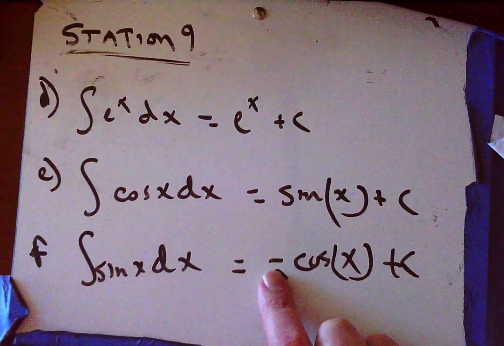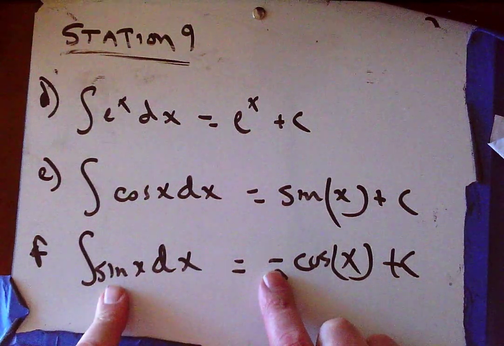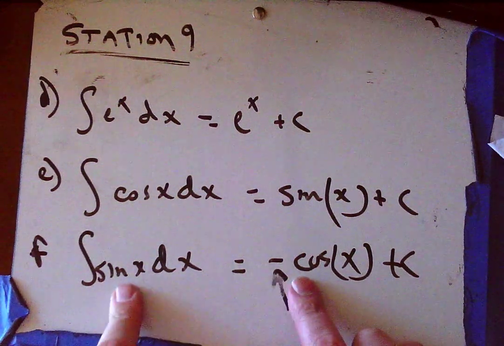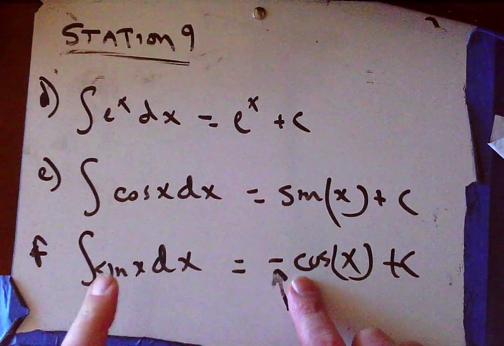That negative, very important. It's very important for this reason. If I take the derivative of this, I have positive cosine x. But I'm doing the antiderivative. Whose derivative is sine? It's negative cosine. Okay. And then, if we did g,